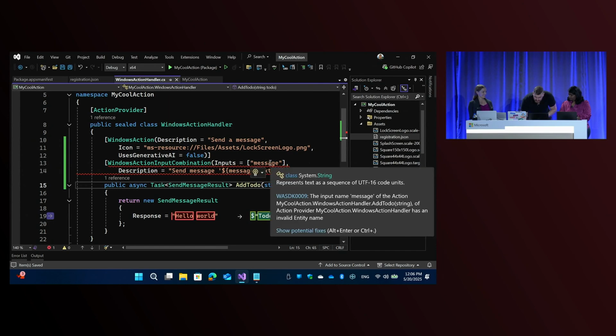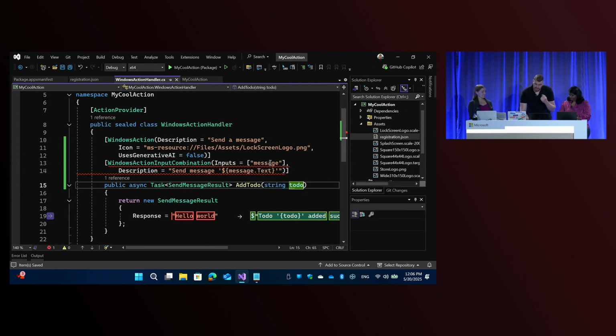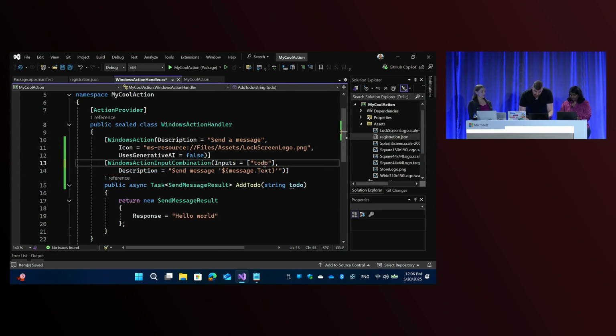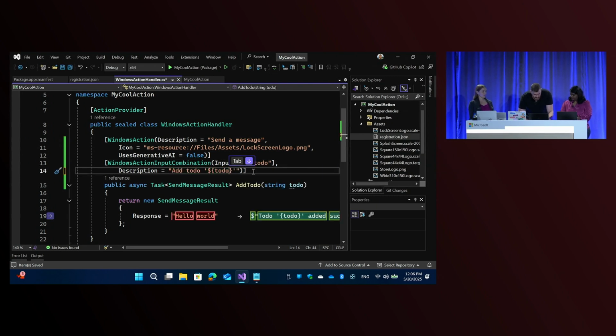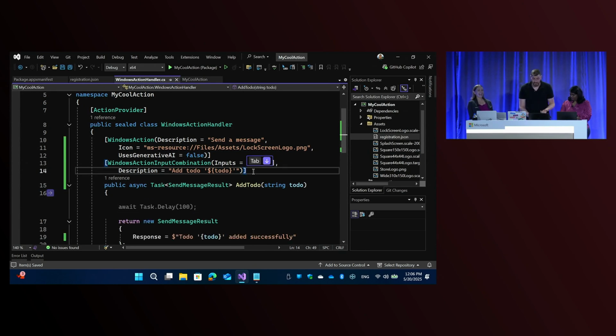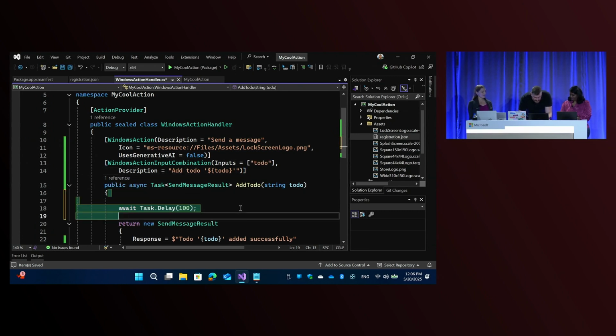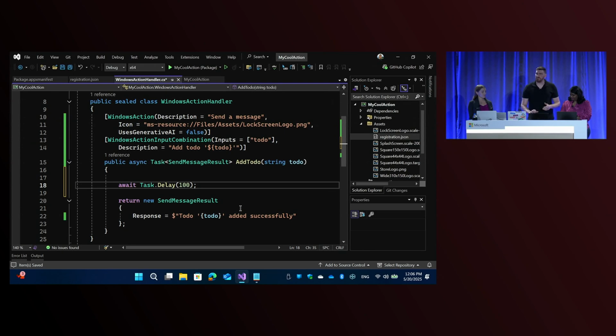If I put my mouse on top, I'll see that, oh, yeah, this is saying that now this entity name is invalid. That's because we're checking. We're making sure that your inputs are matching what you're defining as your inputs should be. And AI actually is going to help me here. Oh, there you go. Oh, cool. You don't have to write much code. It actually did the whole thing for me. And oh, it's actually suggesting for me to do a to-do task delay. Awesome. So I'm faking some work here, and someone else will actually finish this up for me.